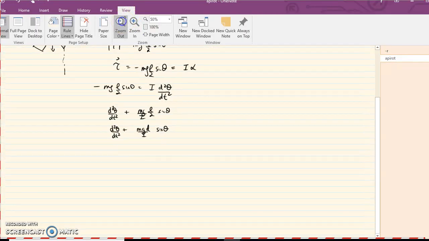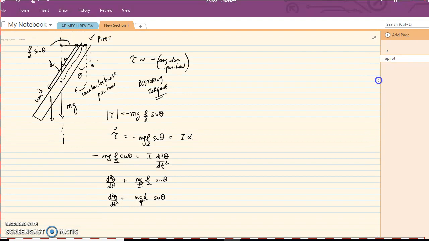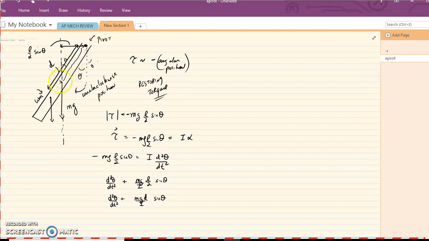Okay, zoom out a little bit. So I'll say that again. In general, for a uniform rod, the distance between the pivot and the center of mass is half the length of the rod, and that's why we had L over 2's everywhere. But if the object is not necessarily a uniform rod with the center of mass at the center of it, maybe it's some weirdly shaped object, and the center of mass is somewhere here, and there's the pivot, and it's made to go through simple harmonic motion